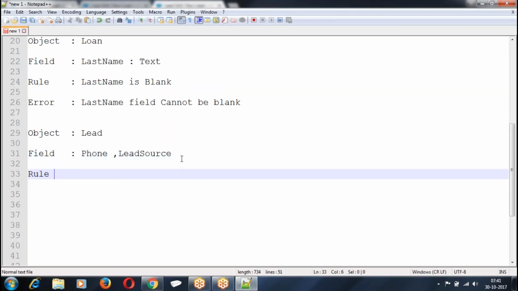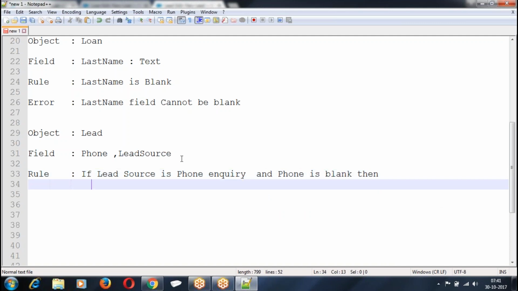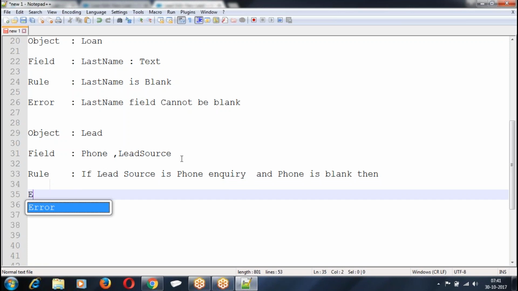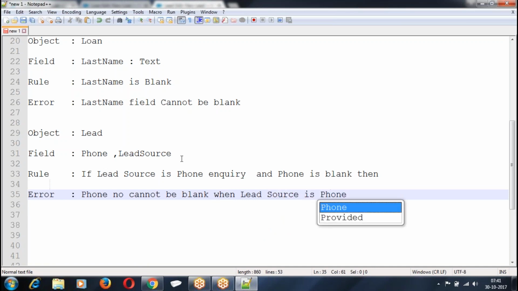The rule is: if lead source is phone inquiry, and phone number is blank, then throw an error message. This is the condition model.